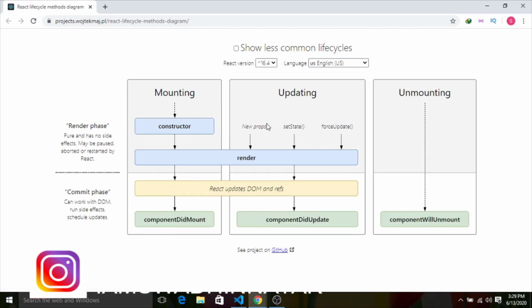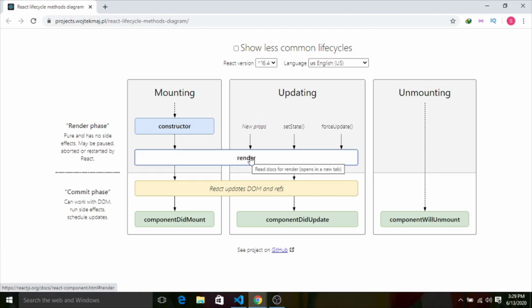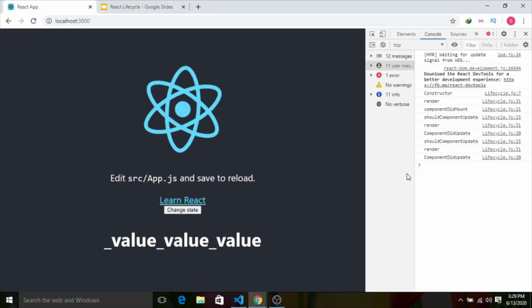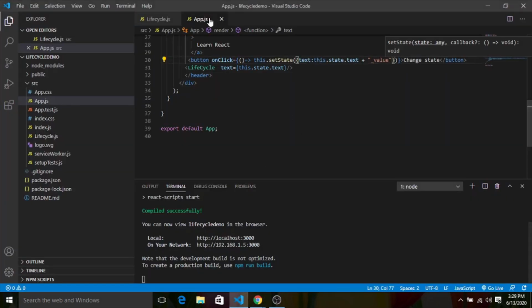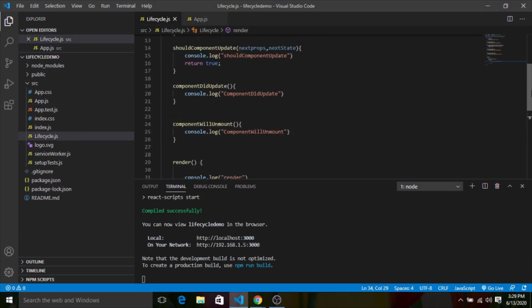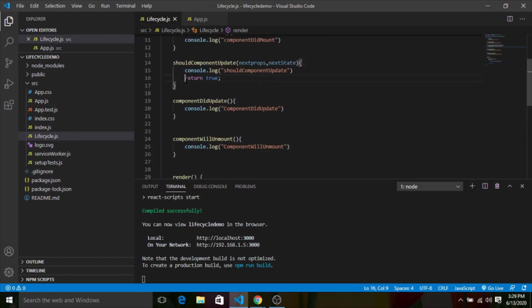Observe, this is basically here, the shouldComponentUpdate, and on the basis of this shouldComponentUpdate, the render will be called or not called. Meaning this shouldComponentUpdate will define whether we need to update our component or not. How? Let me show you that. Let me go to our Lifecycle.js. In our shouldComponentUpdate, this method returns true or false. If you're returning true, then it will update our DOM, meaning it will call the render method and the other one, componentDidUpdate. But if I make it false now,